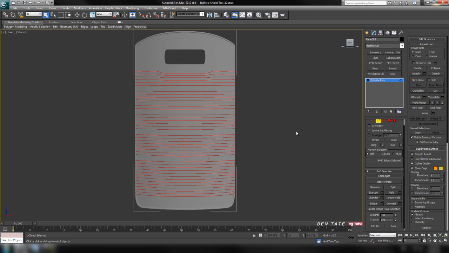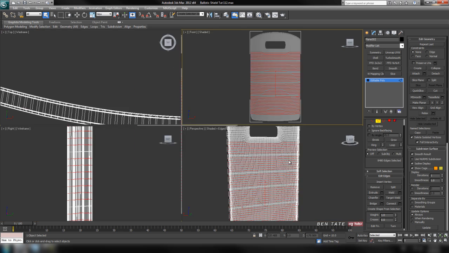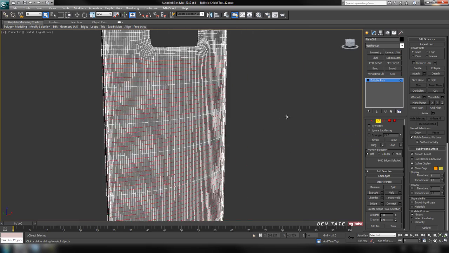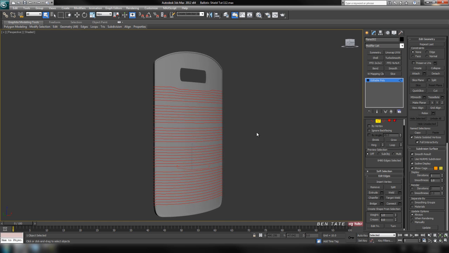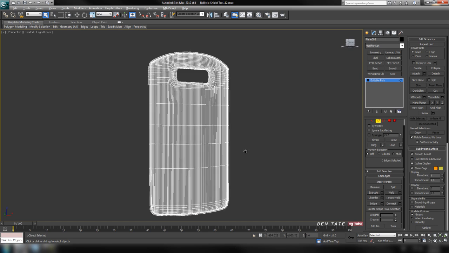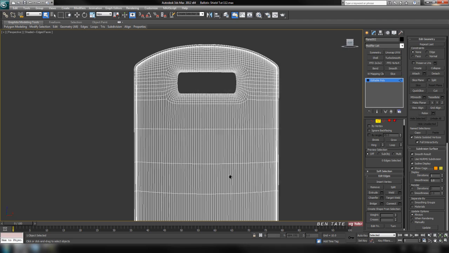Okay, and you can see that we have 8,400 edges there selected. Okay, and those should go all the way around for you. So with the edges turned off, I'm just going to hit Control Backspace and see how it affects the shape. Okay, and once again, you can see there's not much difference there at all. Okay, so we'll go up to the top,